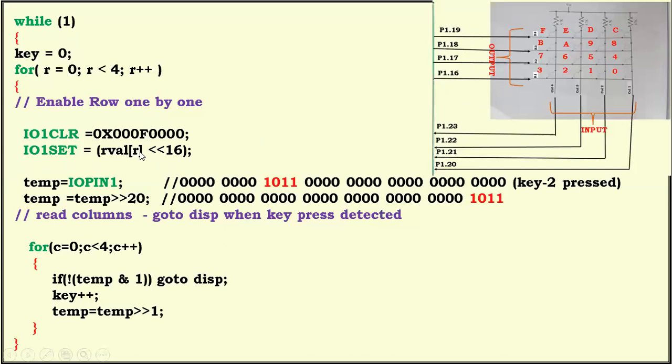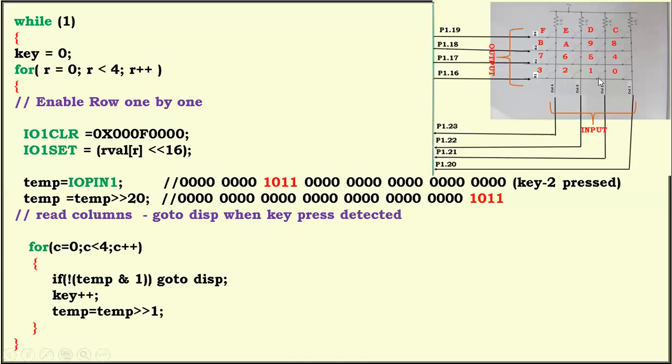The shifted value will be written into the IO1 set register. Then it is going to write this data exactly at P1.16, 17, 18, 19. Then it becomes 1110, means enable first row. The first row is enabled. That is ready. We can read data from the first row.